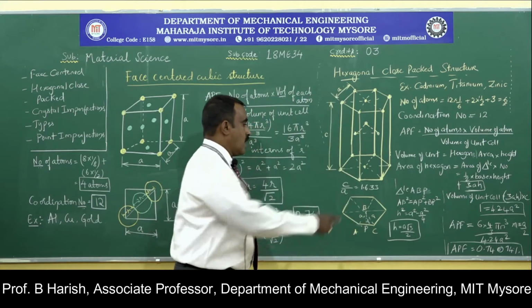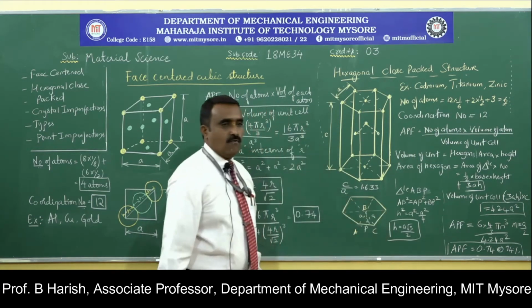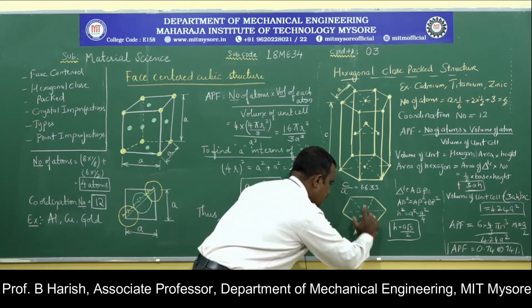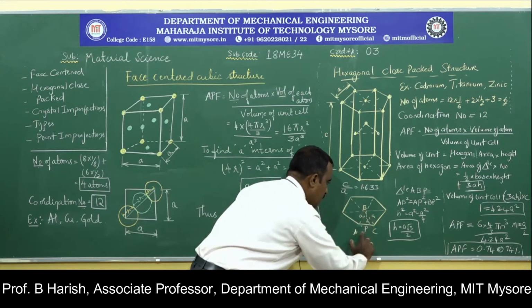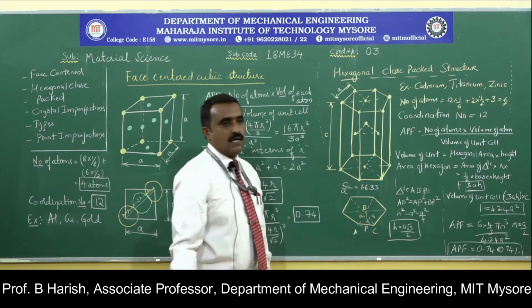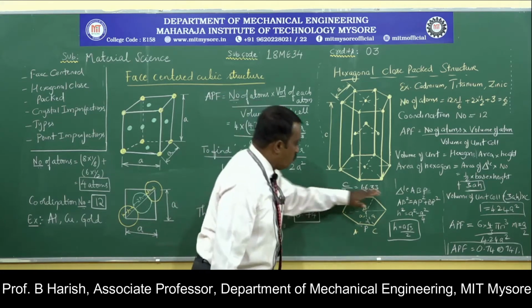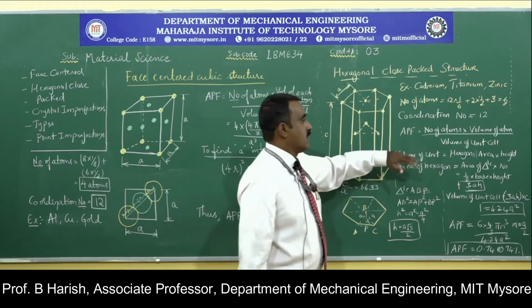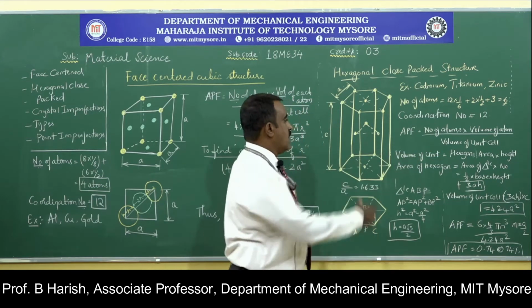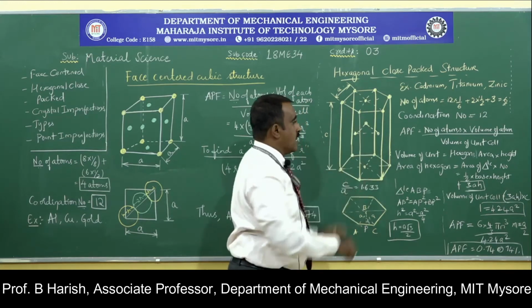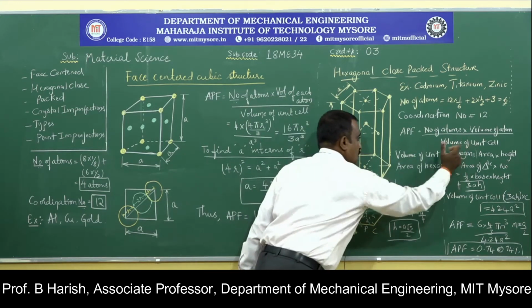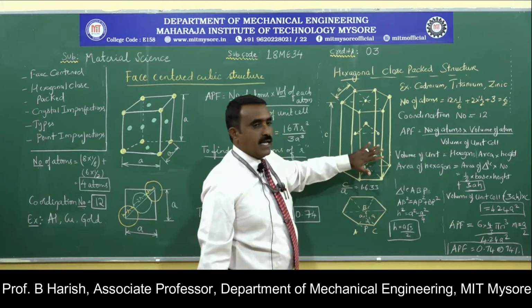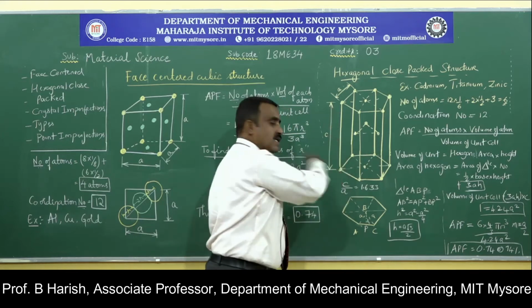Now here I am considering one hexagonal face. In that, this is the triangle ABC, and this is the height, BP. These sides, you know, will be equal to a. So one hexagonal face I have considered. First, I have to get the volume of the unit cell. The volume of the unit cell is nothing but the hexagonal area, the area of the hexagon, into its height. Height we know is c.